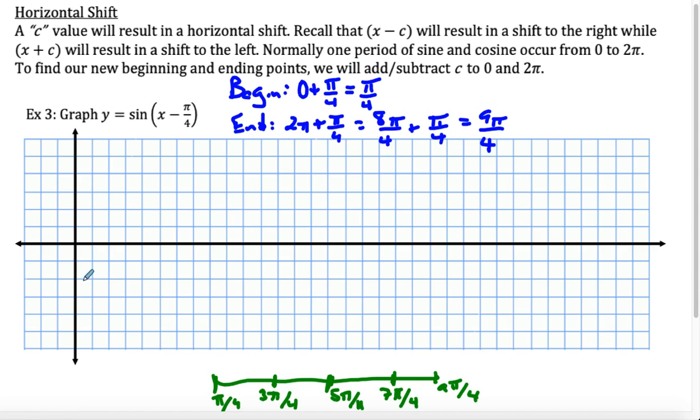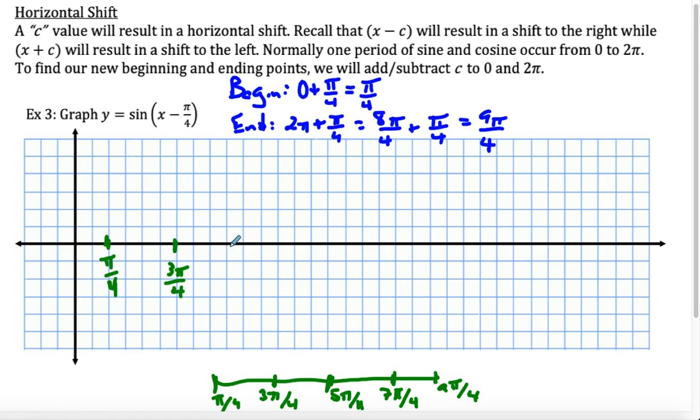Now, I'm not starting at the y-axis. I'm not starting at 0. So we need to make sure that that first key point, that pi over 4, is appropriately spaced over this way. Okay? So you can say we'll start here at pi over 4. Okay? Then